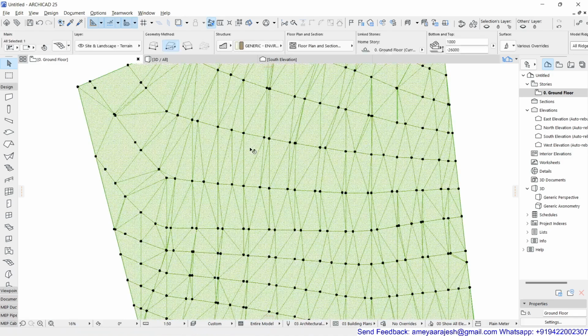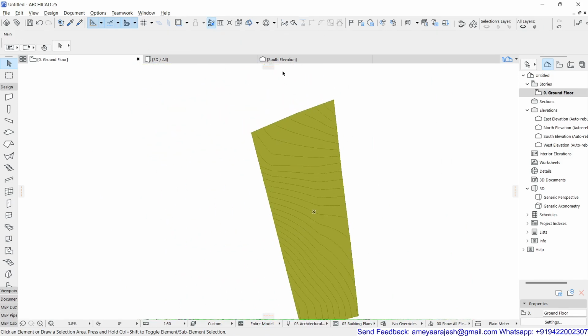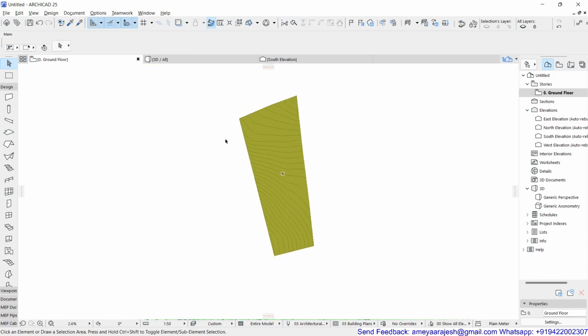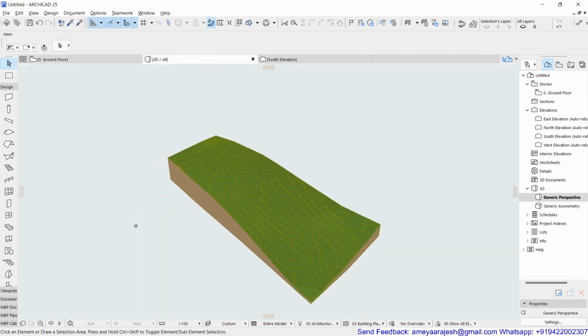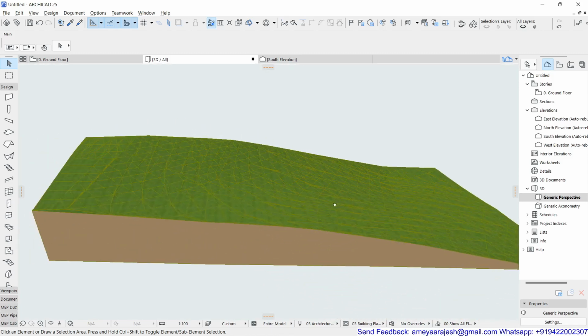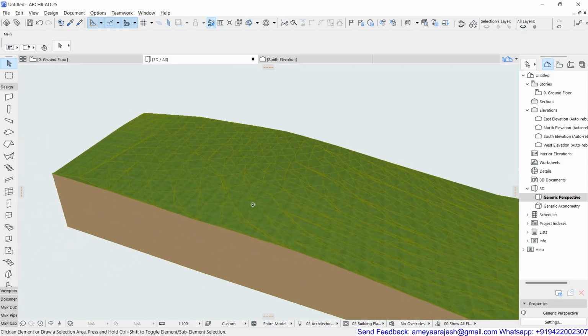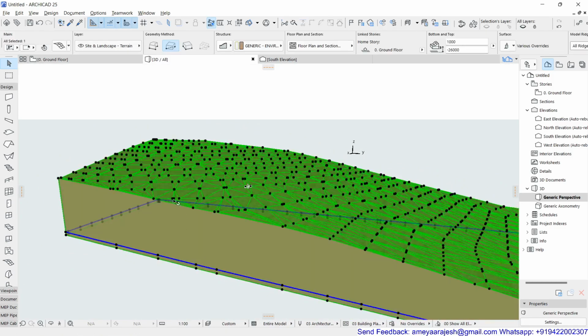Otherwise, the mesh itself can show you these levels, right? That solely depends on your need. I hope you have understood the basic aim, how we can solve the issue of creating the contours in case you don't have the availability of the surveyor's data.